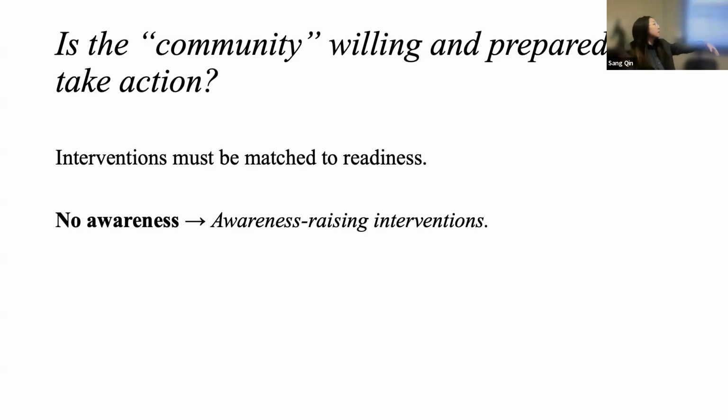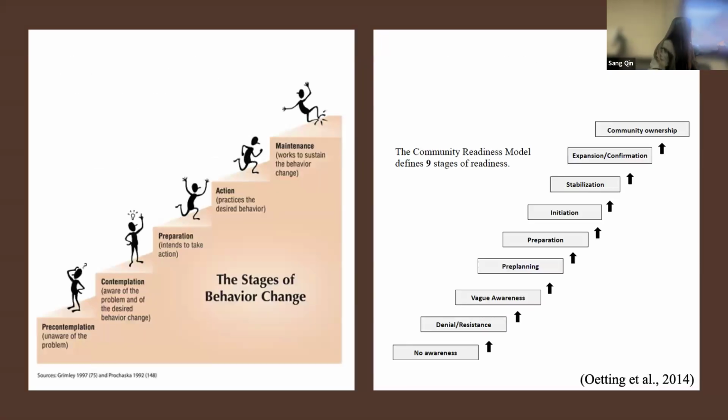We have the intervention, but people are at an earlier stage, the denial or vague awareness stage. So even if you have created a solution or intervention at a later stage and offer it to them, they're still not adopting it. So it's the same as behavioral resistance. We're observing that in the communities.